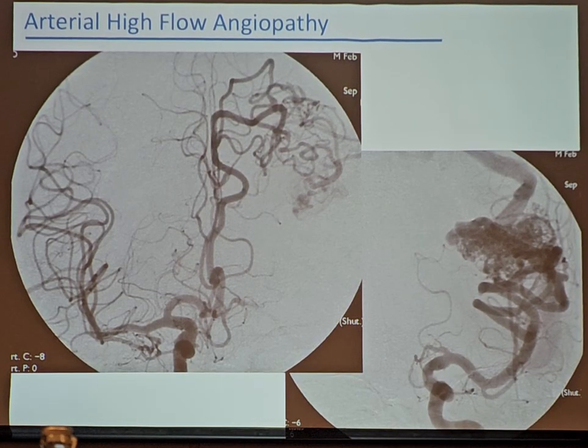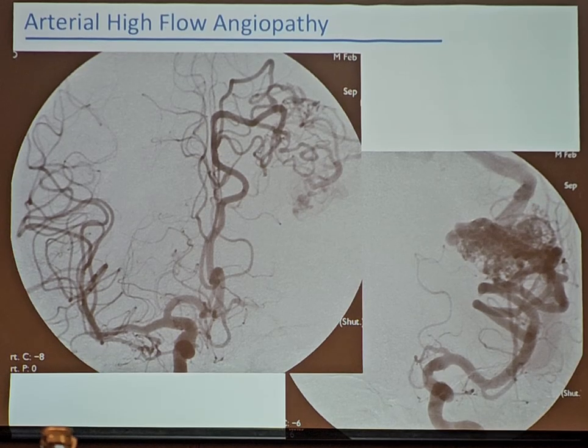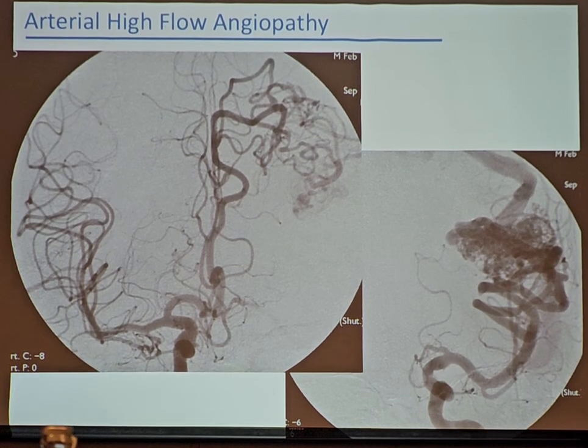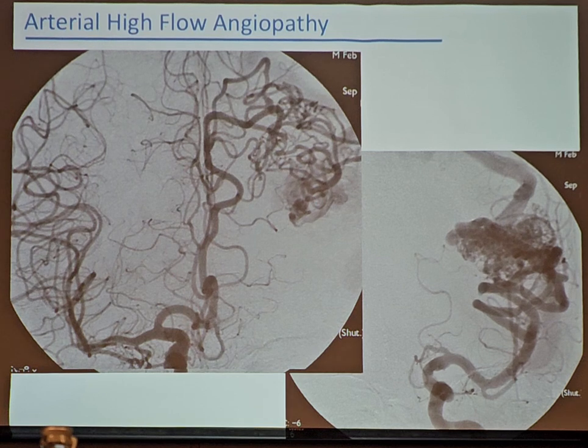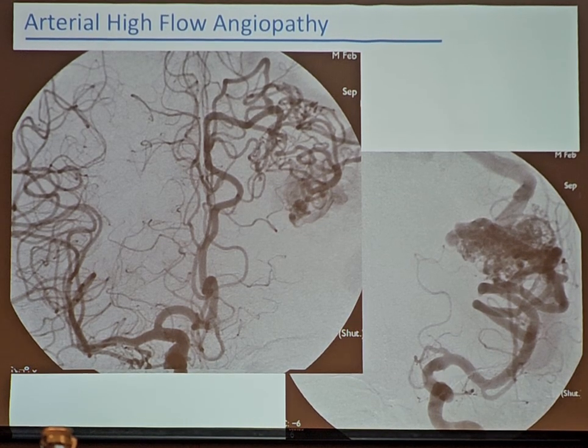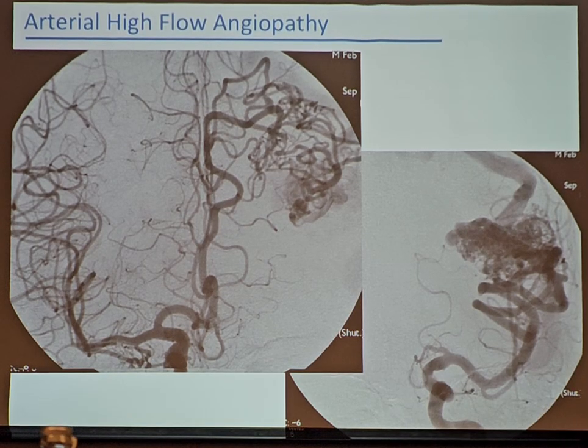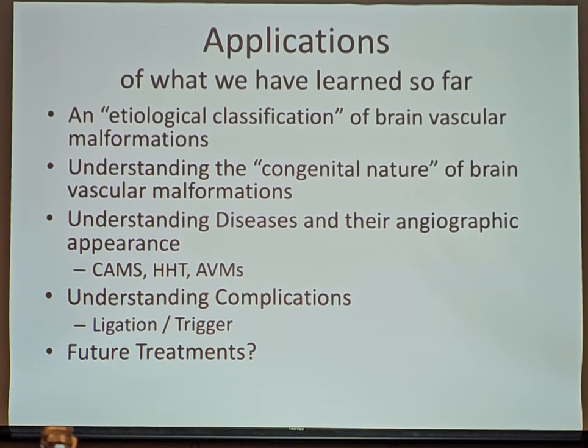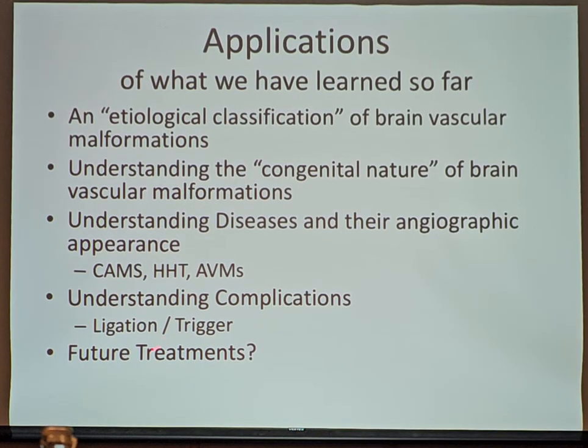Another example for this perinidal angiogenesis is seen here. Large AVM, and you see that the normal distal MCA territory is no longer filled because everything is sucked into the AVM. So these are not AVM vessels, right? These are just collaterals that the body recruited because of the perinidal hypoxemia that made the brain crave for oxygen distant from it. Okay, let's move on to understanding complications.